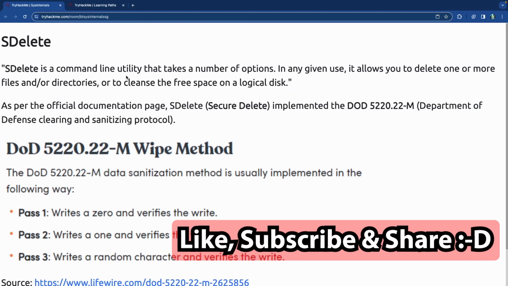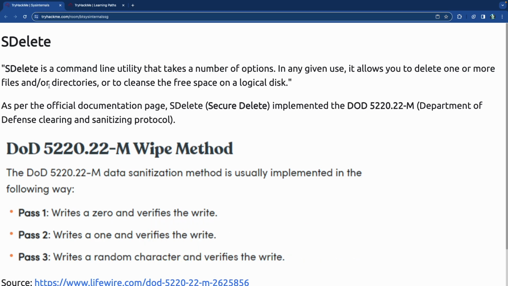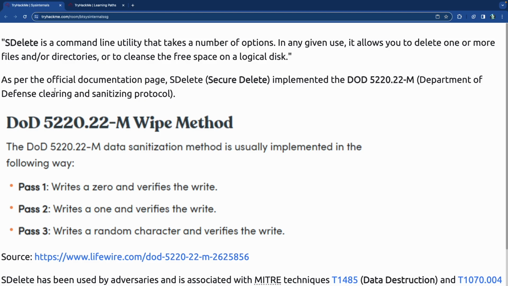SDelete is a command line utility that takes a number of options. In any given case, it allows you to delete one or more files and/or directories, or to cleanse the free space on a logical disk. That's actually very useful. As per the official documentation, SDelete (Secure Delete) implemented the Department of Defense 5220.22-M clearing